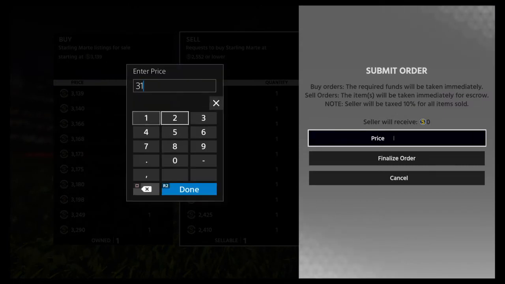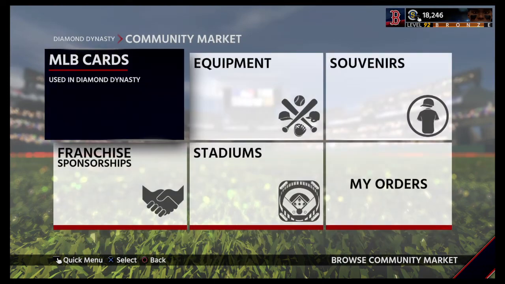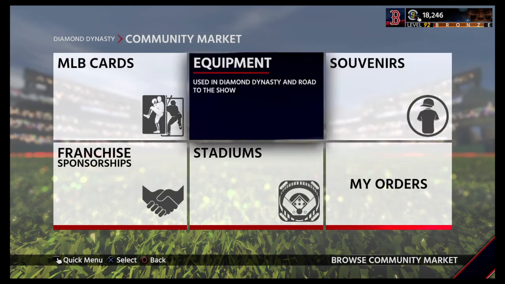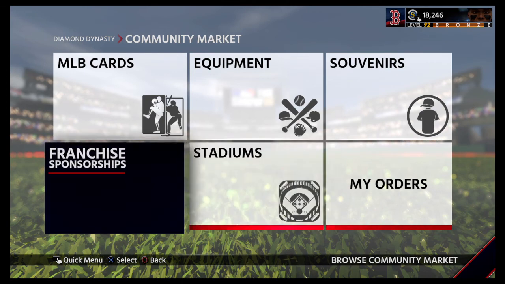I'm just going to do it for 3,130. Finalize order, and you'll see that just like when you're doing the sell orders for the jerseys and hats, you're the top one on the list. So if someone were to just go in and buy Starling Marte outright, you're going to be the first one to get him. That's 3,000 stubs, and that's going to go a long way when you're having to do all these exchanges and stuff. So if you got a lot of extra players, I recommend doing that,